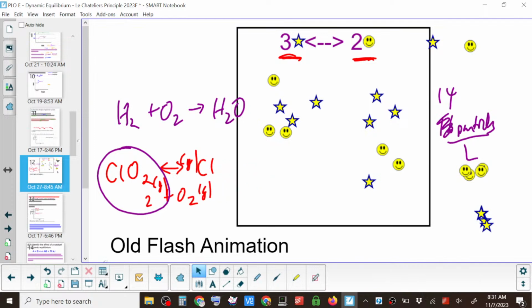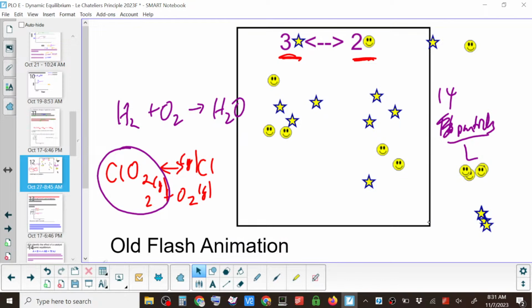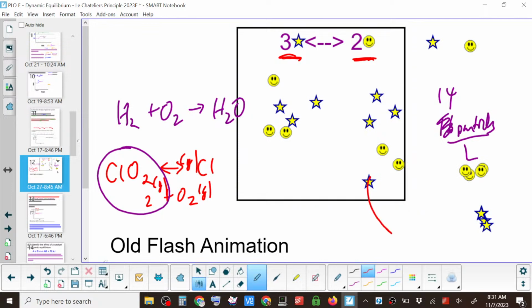If we decrease this volume, make it all squishy, there's now less room for them to bounce around in. And the concentration's actually gone up. There's more particles per square foot or meter or whatever you want to measure. And so if it gets rid of 3 stars,